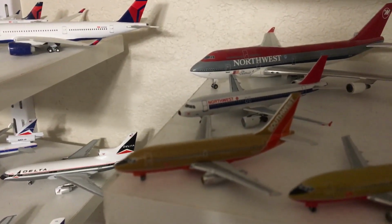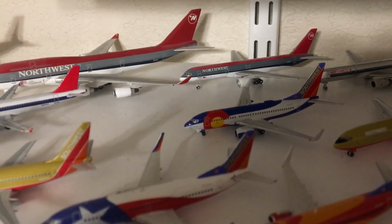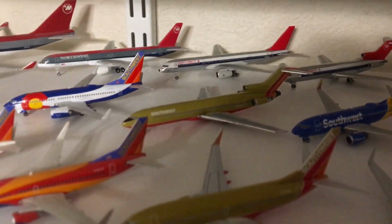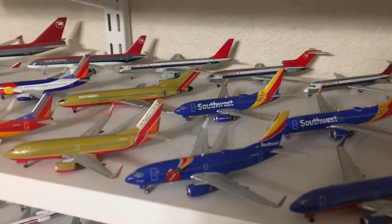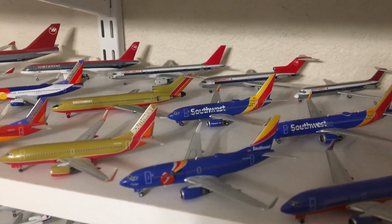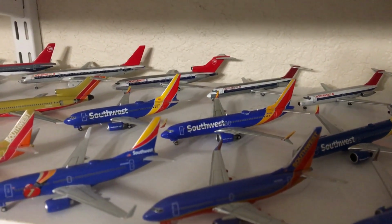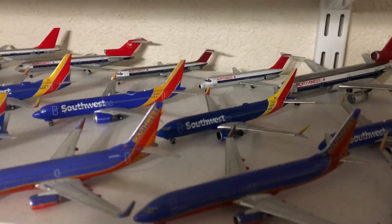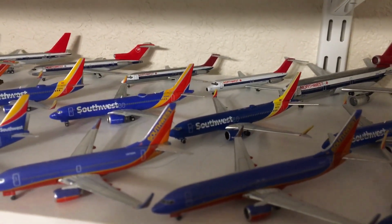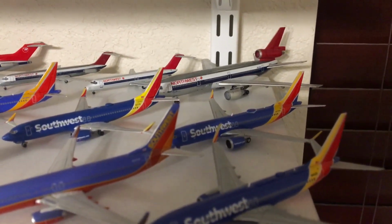Alright, Northwest A320 Aero Classics. Colorado 1 737-700 Gemini jets. Southwest 727-200 Aero Classics. The 737-700 new livery Gemini jets. Here is a 737 MAX, the second Gemini jet. And then this MAX right here is Aero Classics. And this MAX right here is,